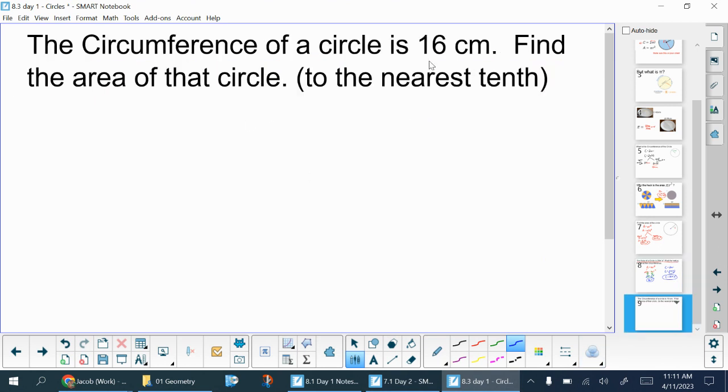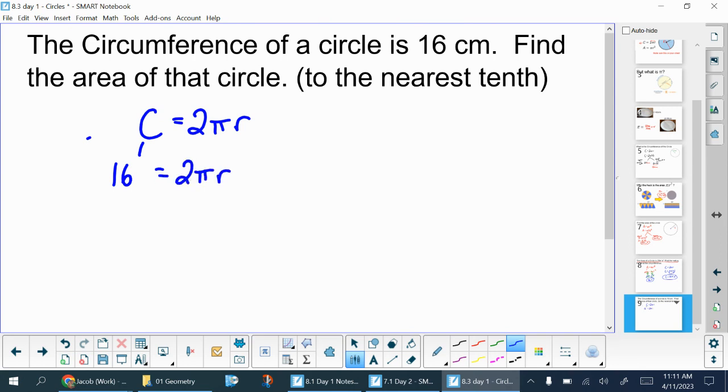Last one here. The circumference of a circle is 16 centimeters, not 16 pi, just 16. Make sure you're reading the question. Find the area of the circle to the nearest tenth. In order to do this, we are going to first have to find the radius. So we're going to start off by going with our circumference formula because that's what we know. Circumference is 2 pi r, and I'll plug in what I know. 16 is my circumference,